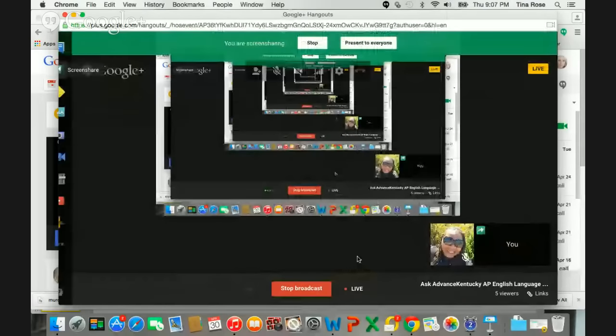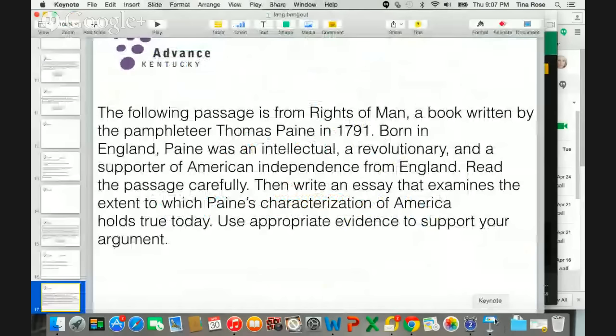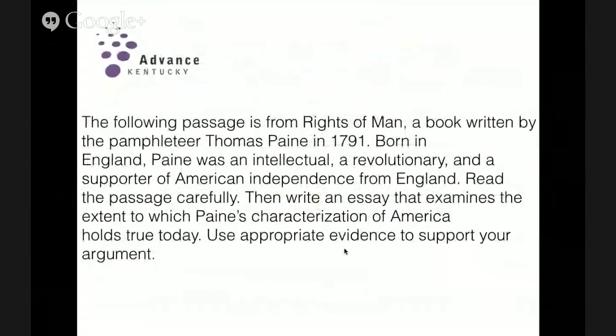Okay, so we're going to look at this particular argument question, and then we'll go back to synthesis. I think I missed a question on how to group sources. So we'll go back to that in just a minute, but let's go through this. Okay, let's see. I think we got a little bit of a timeout on sharing the screen. So let's see if that's going to work now.